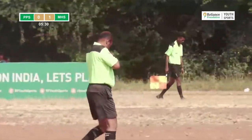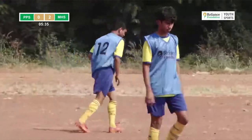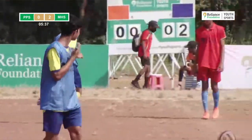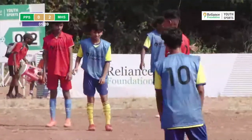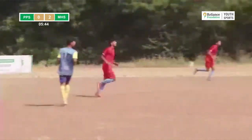Direct football, whatever you want to call it, counter-attacking football at its best, and simply amazing. Number 12 has done it, and number 12 is Shravan. Shravan, good job. Good goal. 2-0 to Maharashtra High School. This is